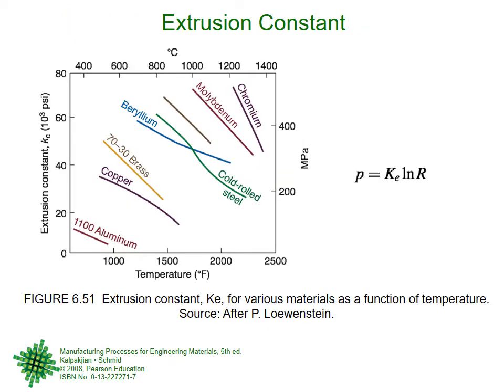Then there was this very good chart for extrusion constant against the temperature, both in Fahrenheit and Celsius, and the extrusion constant both in PSI units and megapascal units. So for different types of materials, aluminum, copper, brass, beryllium, and so on, you can find the constant Ke, and of course you would know the extrusion ratio with the design of your die, and therefore just by finding this constant you can directly find the pressure rather than finding it in an ideal way from the equation. You find it from an empirical equation.